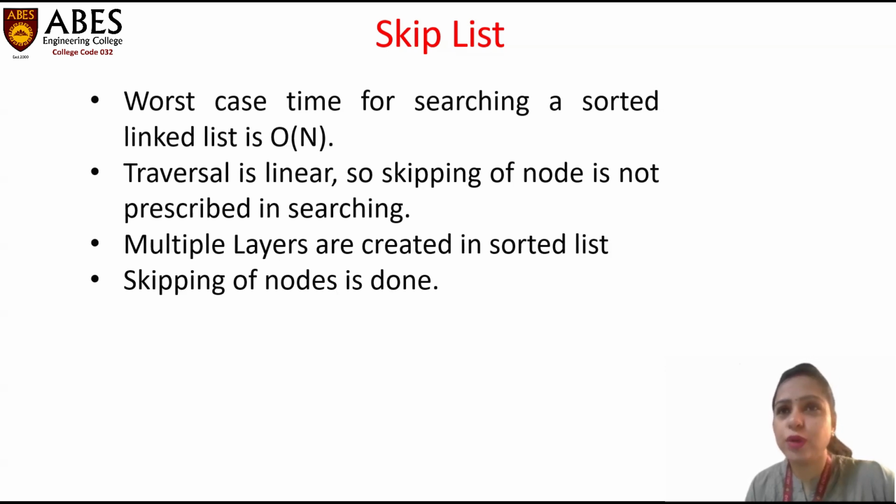But in skip list, we create two types of lanes. That is, one is an express lane and another is a normal lane. We can create 4 or 3 pointers in the express lane according to that of the normal lane. That is the starting limit, ending limit, and middle two values. We have to find a particular number using the skip list operation. We'll start searching the node. If we search a particular node on a normal lane, then it will take a maximum time. But if we find a particular node on an express lane, then it will take less time and fewer steps would be required because the skipping of nodes is done.